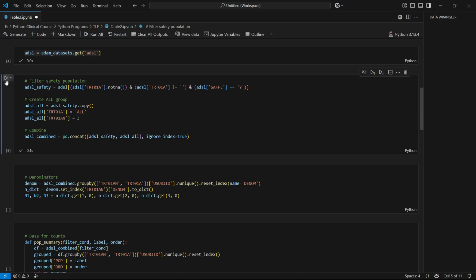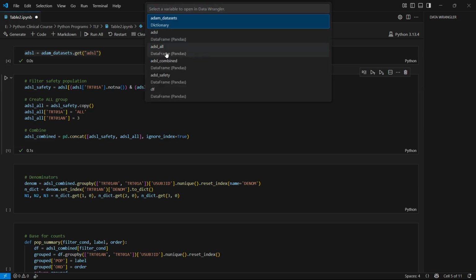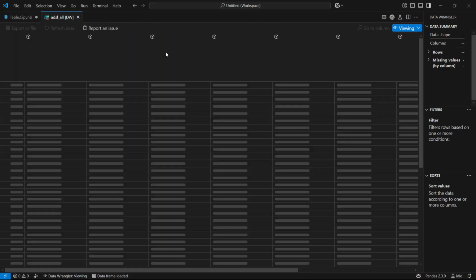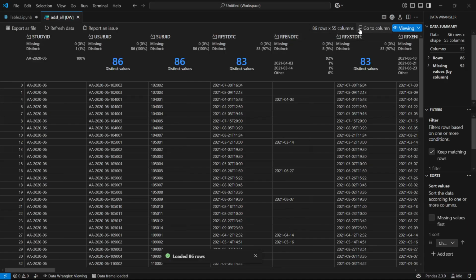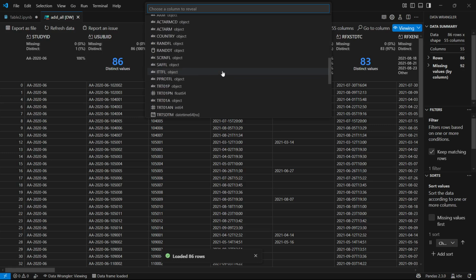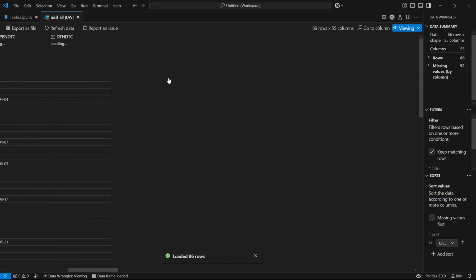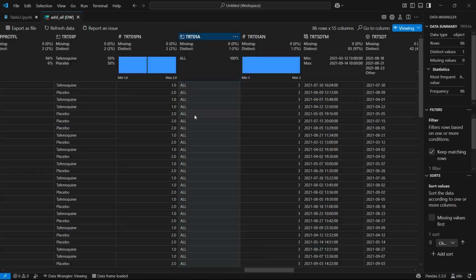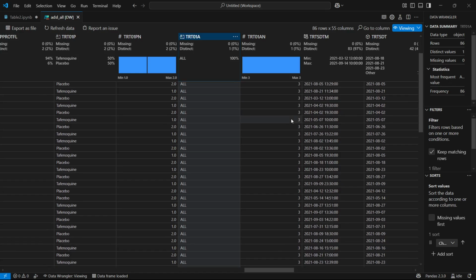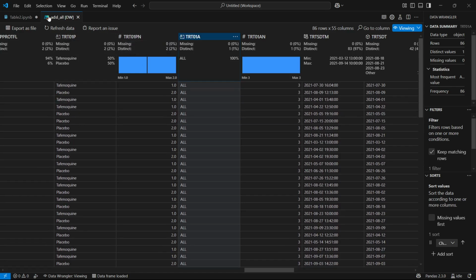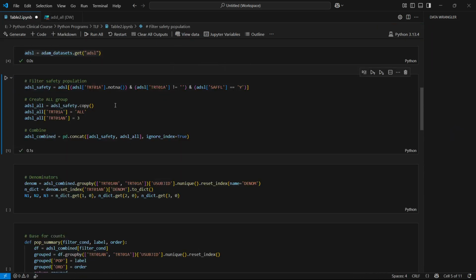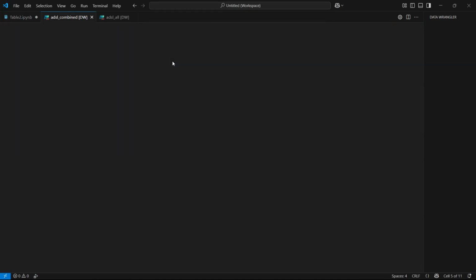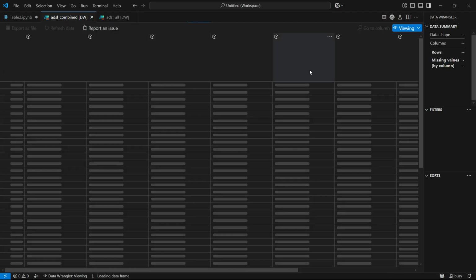Okay, let me run this one. If I open the ADSL all, we'll have it here. Now I'm going to check the TRT01A here. In the TRT01A you will have all here, as well as TRT01AN. Because this is ADSL all, now we need to check ADSL combined. So when you check ADSL combined,